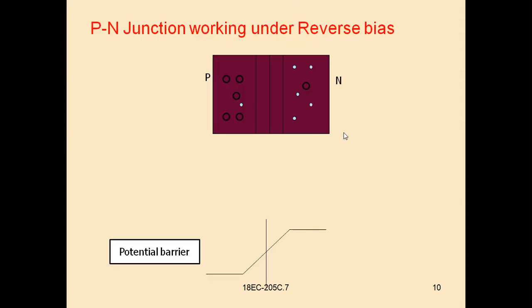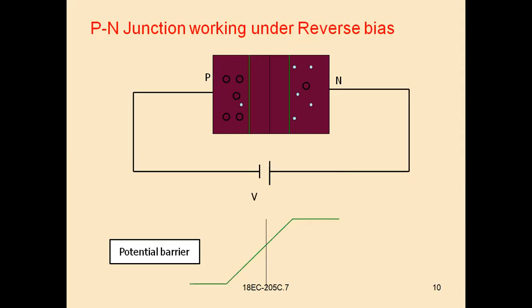Let us observe the working of this reverse bias diode. Let us see what happens in the reverse bias condition of this PN diode. Just before, in forward bias, what happens? You have observed that the holes and the electrons from both sides move towards the junction side. Now what happens? It's completely different. The movement of holes and electrons is completely different from that in the forward bias condition.